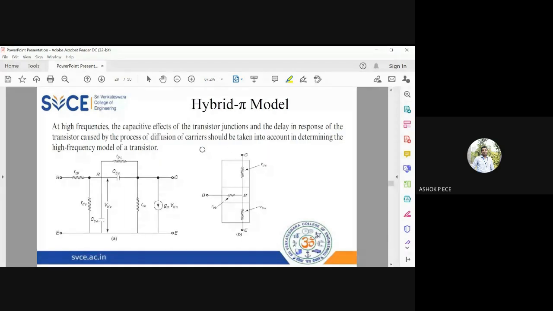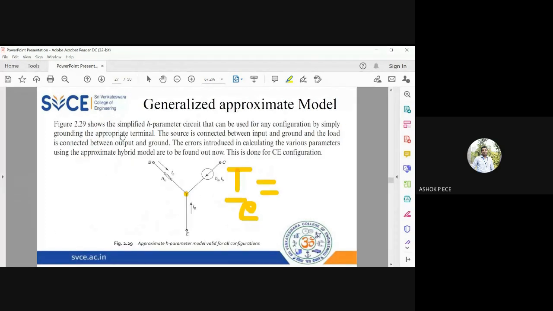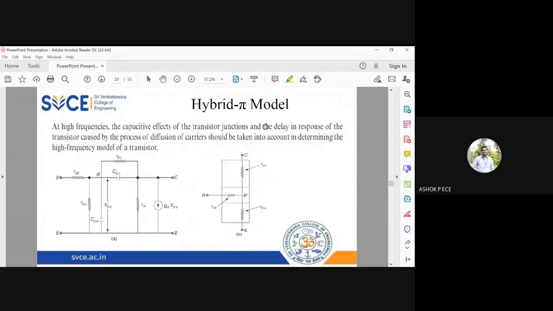So I think we completed the H parameter model yesterday, and we started with the hybrid pi model. See, one parameter or drawback is rectified by the other model. The H parameters are used for low frequency. So low frequency means you can use the H parameter model till say hundreds